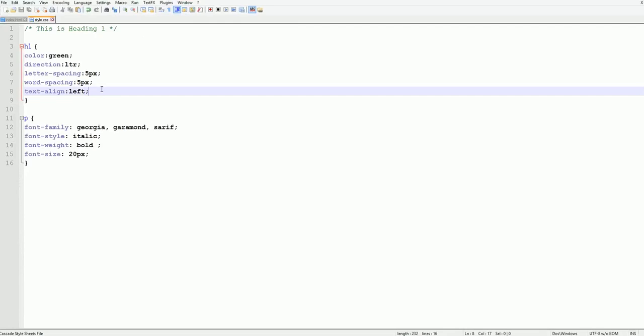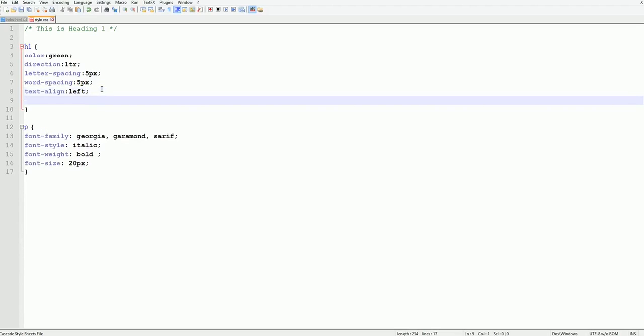Now the next property that we will explain here is text decoration. This property is used to underline, overline and strike through text. So let's see how it looks. So after this text align, I just give an enter and type text decoration and now type our first option, which is underline,